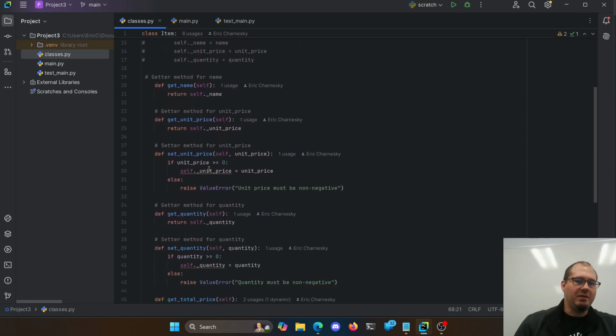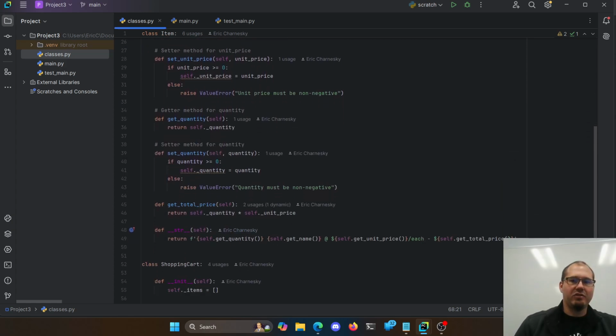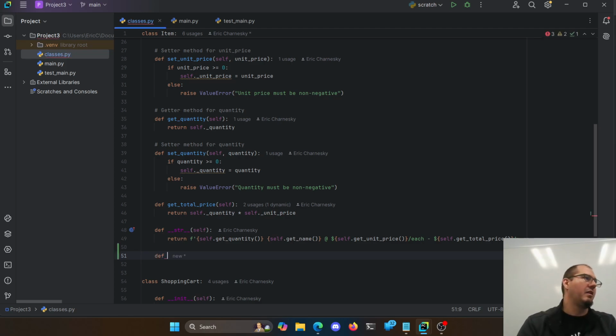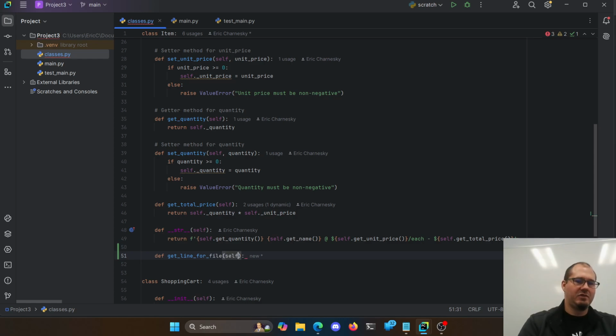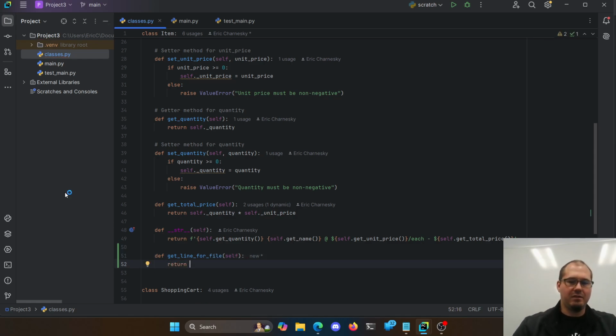So what I can do then is add a method in here. We already have a string that has this whole big long piece here. We could use this, but then we have to go and take it apart. We'd have to say, okay, I know name is going to come before the @ sign, and then it'll be a number first, and that's not really super friendly for trying to turn back into these distinct pieces of information. So what I can do is define another function here for how I want this to look in a file. So maybe something like get line for file, and this can return a formatted string, and I'm just going to jam these things together. So I'll have self.name,